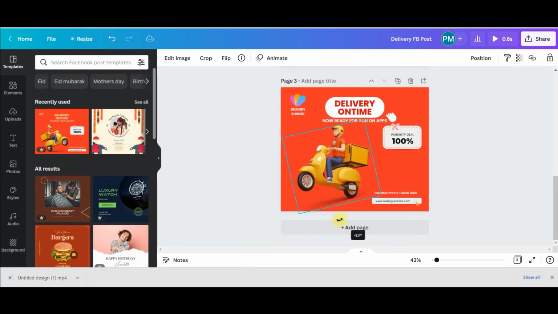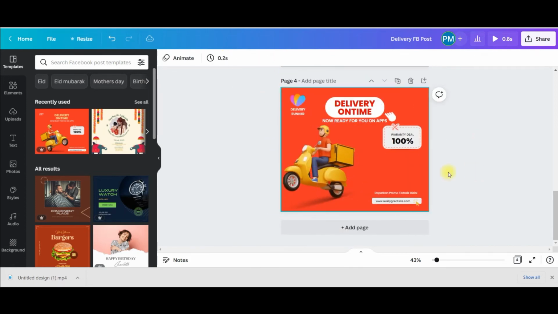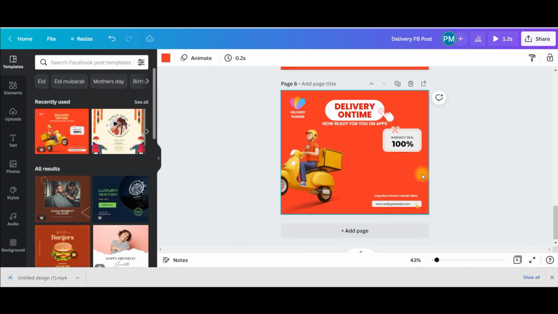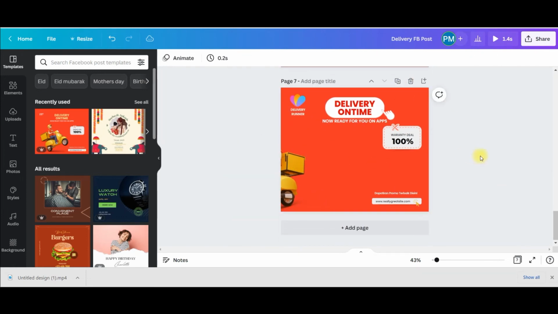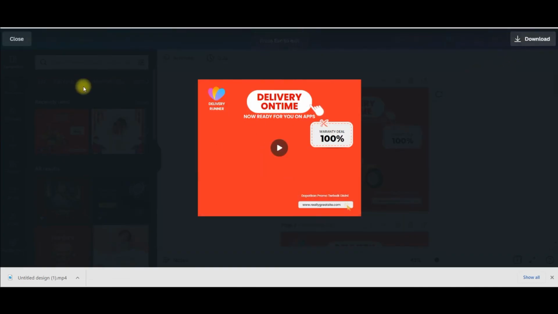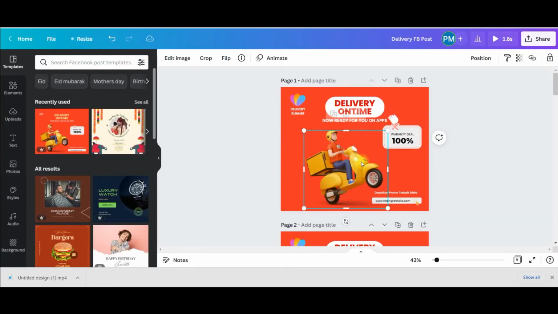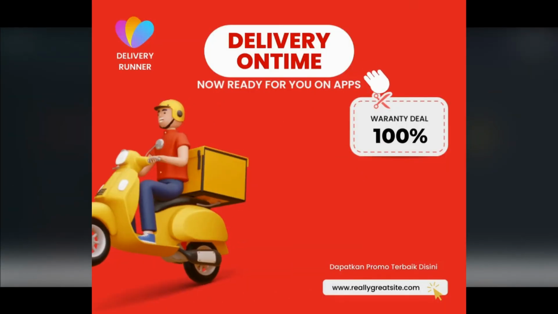You can change the angle. Right, so now you need to flip this horizontally. That's up. Now you see how it is looking.